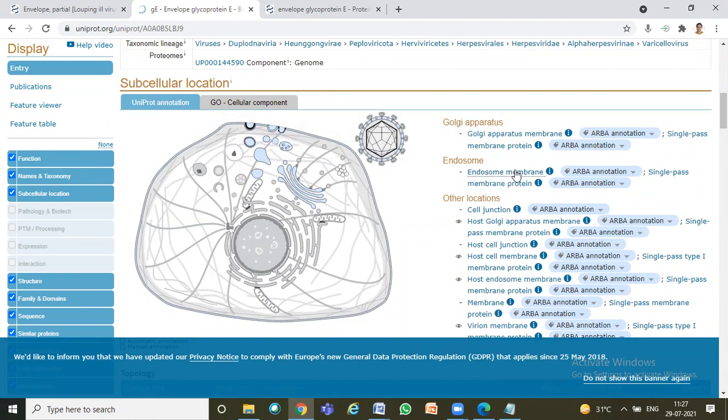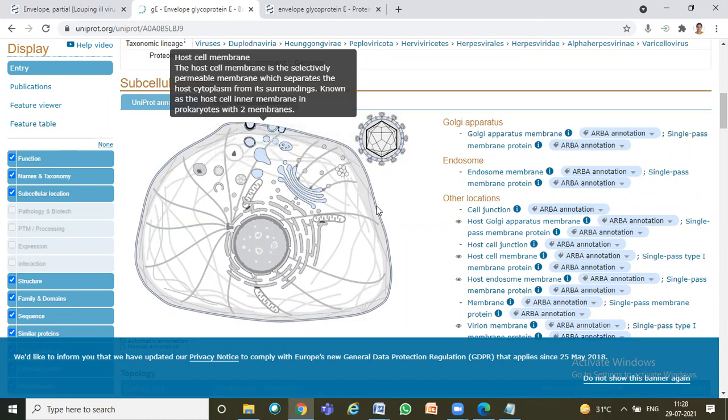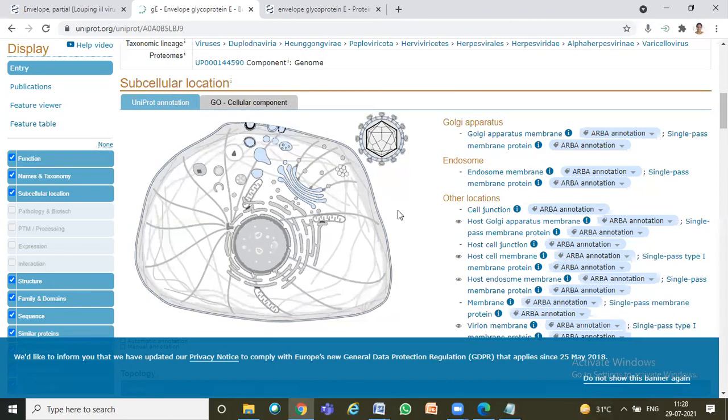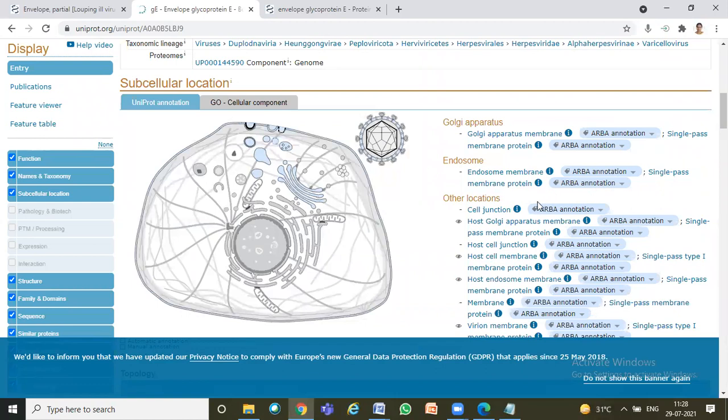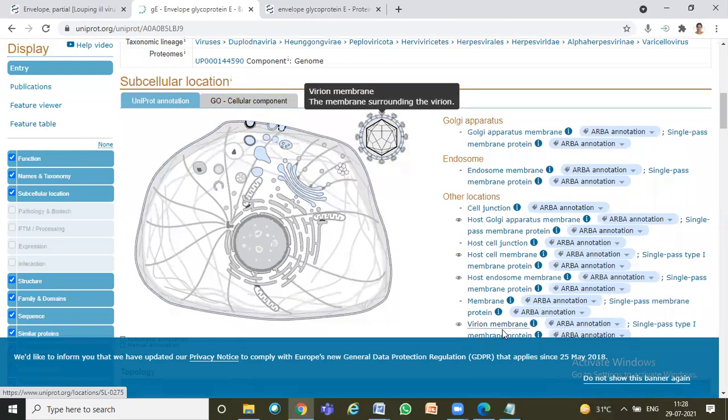It will be present in the endosome, and it is also a membrane protein because these are envelope glycoproteins. Obviously, most of what I have given you are envelope glycoproteins only. Only one or two are non-envelope glycoproteins. So it is present at the cell junctions. All this is predicted information.